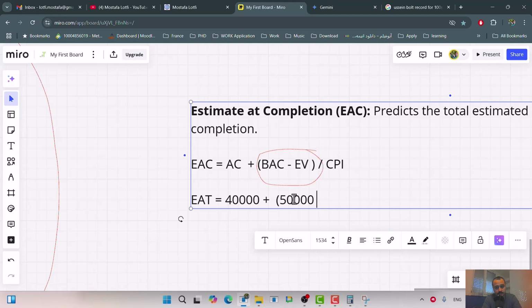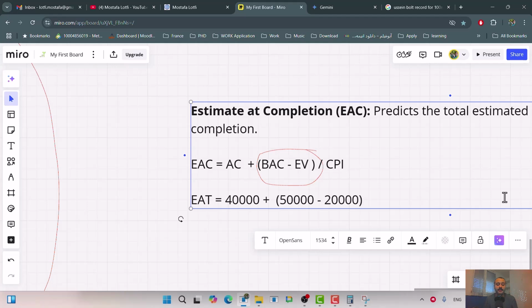50,000 minus earned value. How many floors we created? 2, and each floor 10,000, so minus 20,000. So it is basically the remaining work, the remaining floors that you need to create. How many floors left? 3, right? Third floor, fourth floor, and fifth floor. But